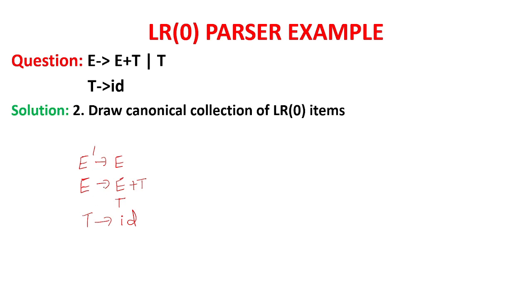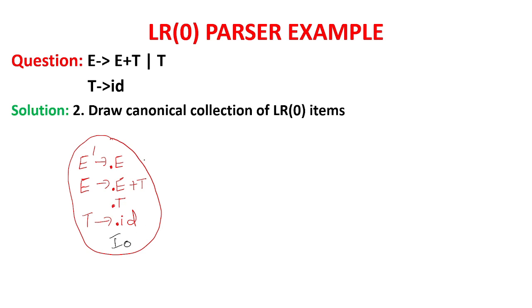Now these are normal productions or normal grammars. So we have to make these into LR0 items by putting a dot in the right hand side at the first place after the arrow. See, this is the arrow. This is the left hand side of the production and this is the right hand side. In the same way here, this is the left hand side and this is the right hand side. So in the right hand side of every production, at the first place immediately after the arrow, we have to put the dot. Here also the dot will come, here also the dot will come. Now these became LR0 items. Till the time you don't put the dot, they are not called LR0. Now they are called LR0 items. So now put this in a circle like this and we'll give the name I0.